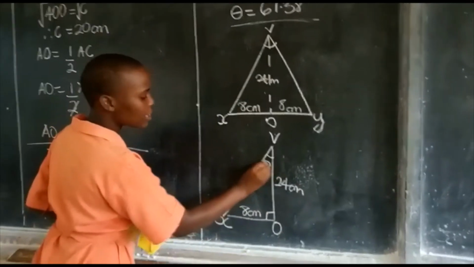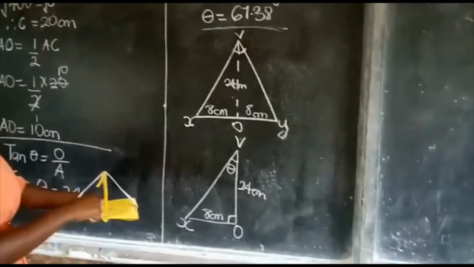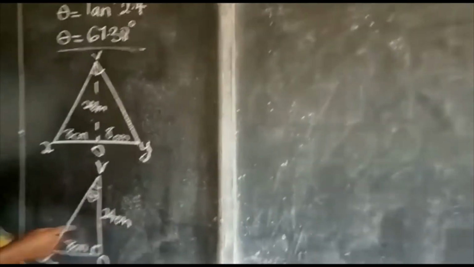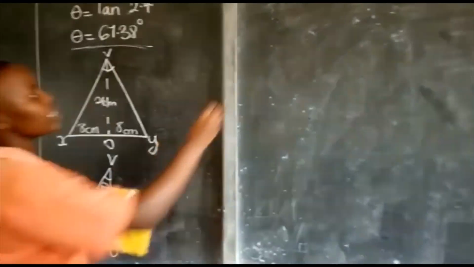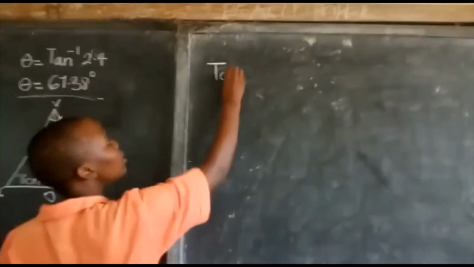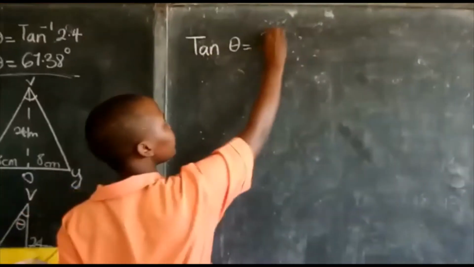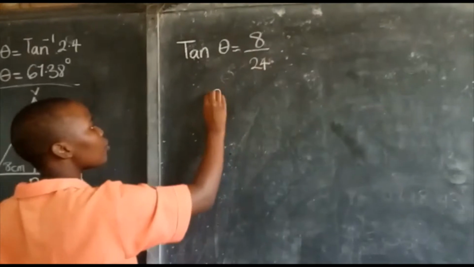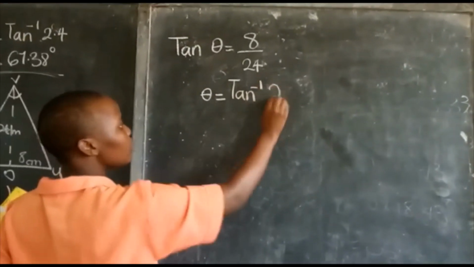So we need to find this angle theta, which is the angle of this one side of the triangle. We shall use tan because we have the opposite, which is this line XO, and the adjacent, which is VO. Tan theta will be equal to the opposite, which is 8, out of adjacent 24. So theta will be tan inverse of